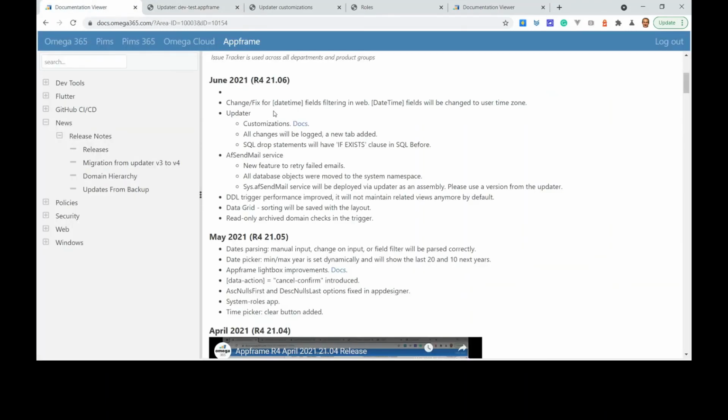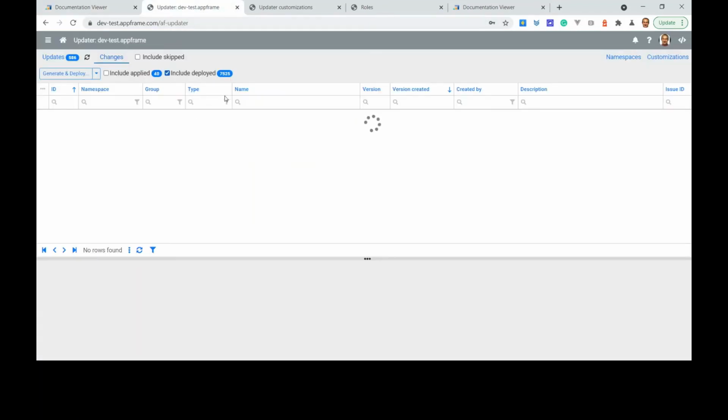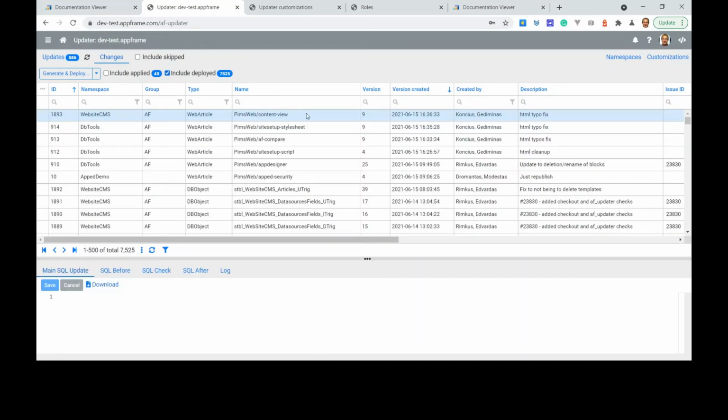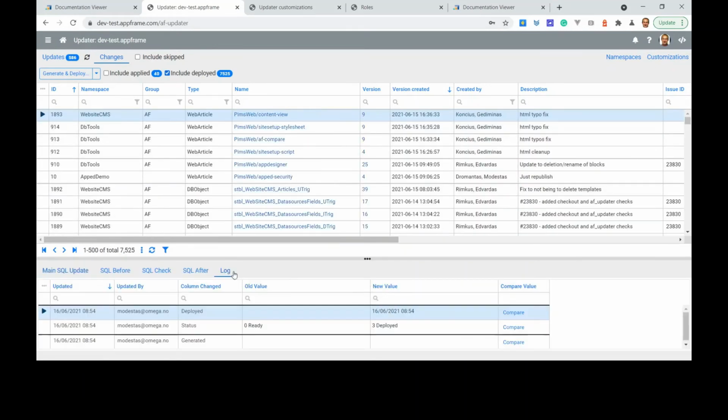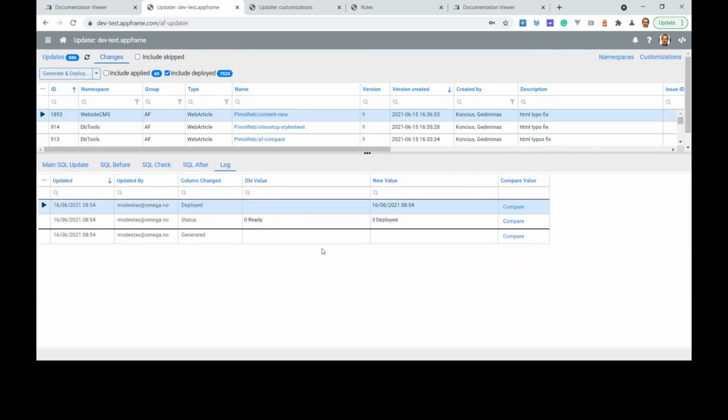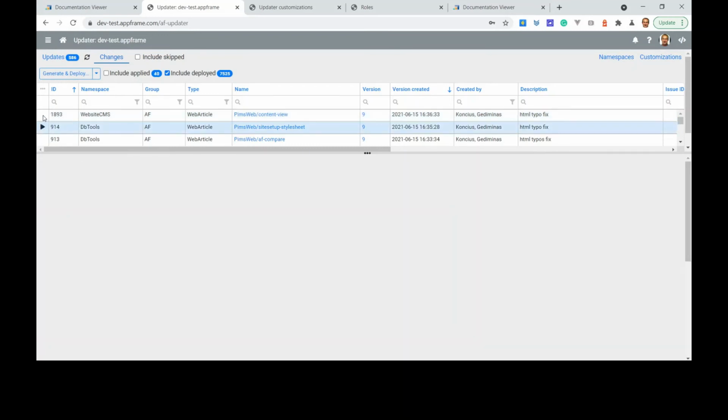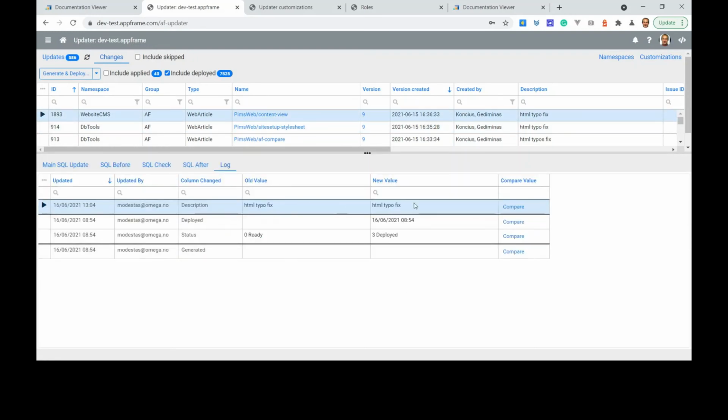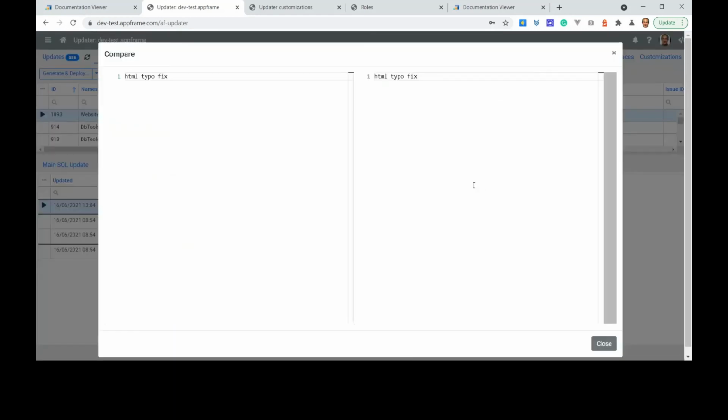That's it for customizations. Another new feature: all changes will be logged, and a new tab was added. So if I choose some update, let's take the first one, we have a new tab, Log, and it says what actions have been done to this one. If I change something, I will just add several spaces to the description, save it, and I can see that I made some changes. We have this compare button. We can always use this compare button as well, but